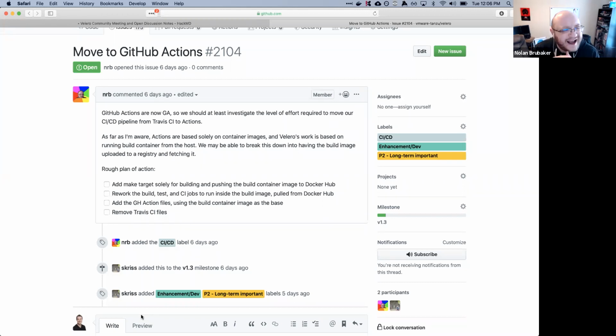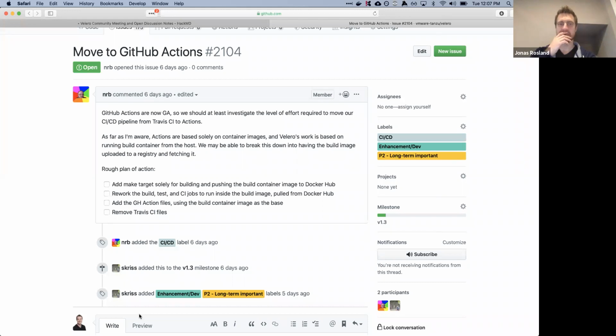And I think I haven't looked at it, but I think Sam Fu on our Octant team has moved over to GitHub Actions. I know he was talking to their team at KubeCon, but I want to pick his brain some too on this. But yeah, the plan is move over to GitHub Actions, be done with it. We will not have Travis CI. All of our CI will be done here. And I don't know if we'll do end-to-end tests here if we get to the point where we're building kind clusters and running Velero in it. I think Sam has done some investigation there, but when that point comes, we'll ask.